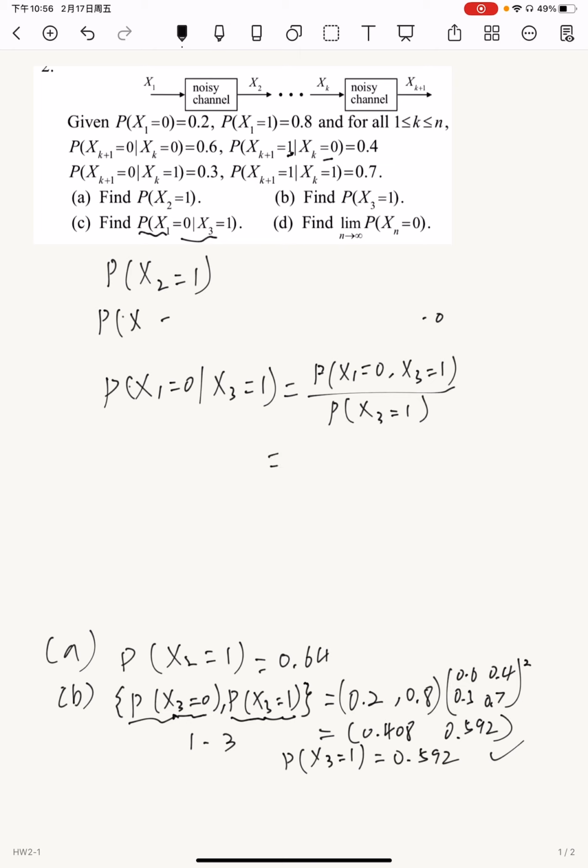We can write it as the probability of x3 equals 1 given x1 equal to 0, multiplied by the probability of x1 equal to 0, divided by the probability of x3 equals 1. So the probability of x3 equal to 1 given x1 equals 0 is